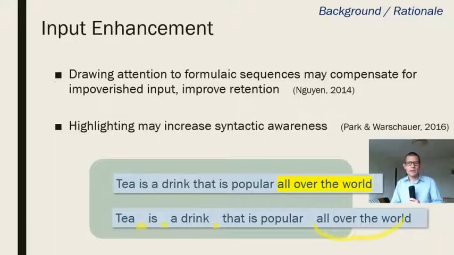to show learners that that is a unit that can be learned on its own. It's a common formulaic expression. We might chunk text into noun phrases. There are different ways that we could chunk texts, and there are different ways that we could enhance text depending on what we want learners to focus